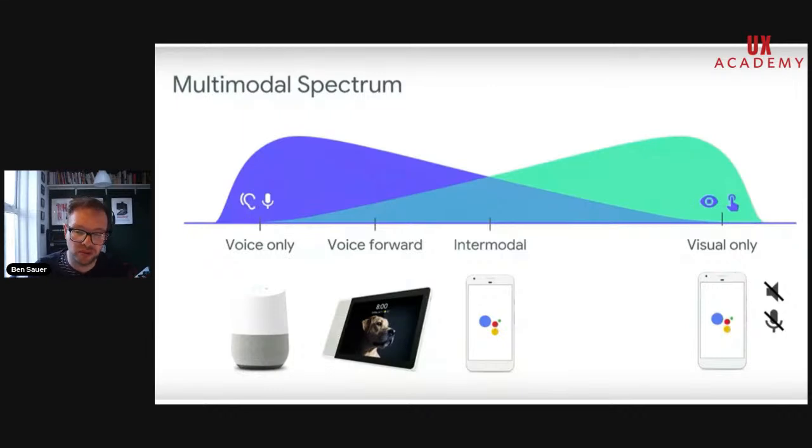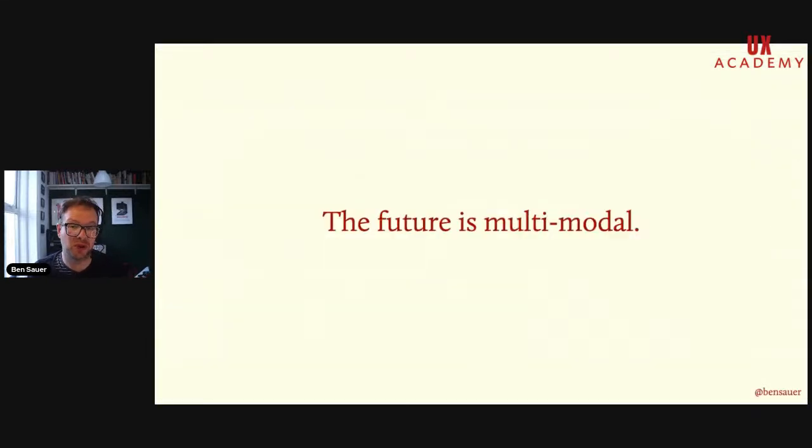Now, the reason I say all this is that although we're going to focus on voice only and voice in its purest form, the truth is the future is multimodal. It is going to be incumbent upon us as designers to understand this mix of interfaces and how they work together. We will touch on that a bit in the course, but we're mostly going to focus on voice only, so you get the pure distilled practice of designing voice on its own.